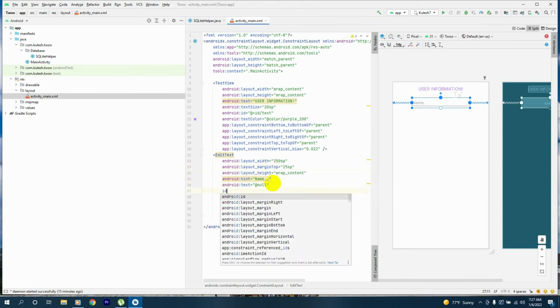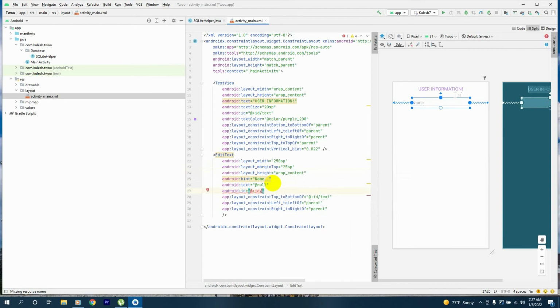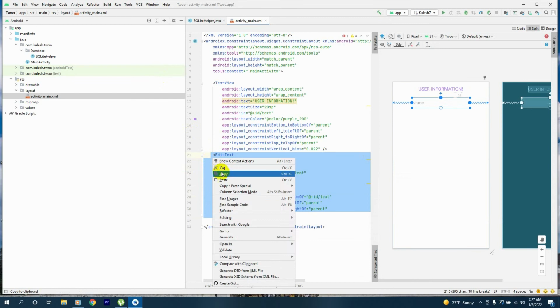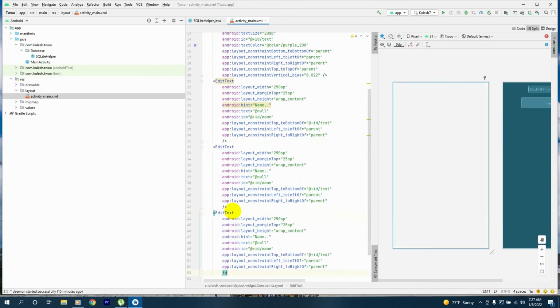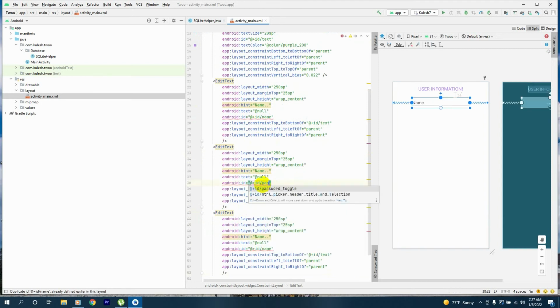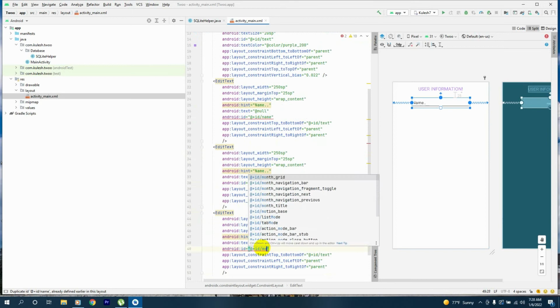And now let's give id for our edit text. The id will be name, and after that let's copy this twice. Copy, paste and paste. The second text will be pass, and the third one will be mobile,